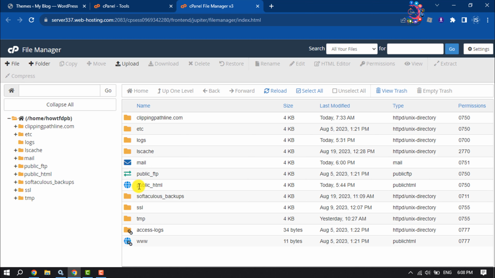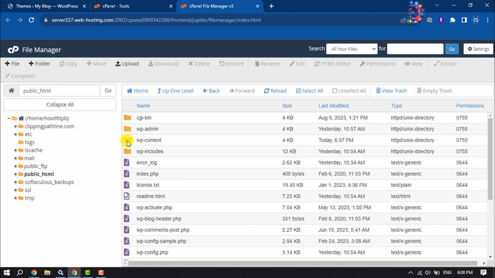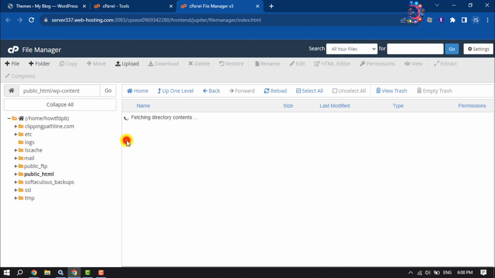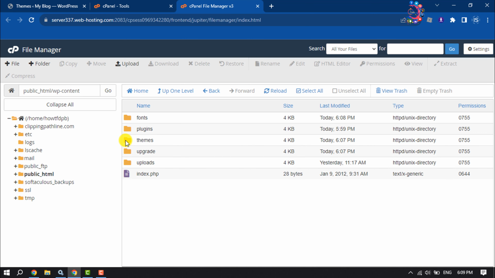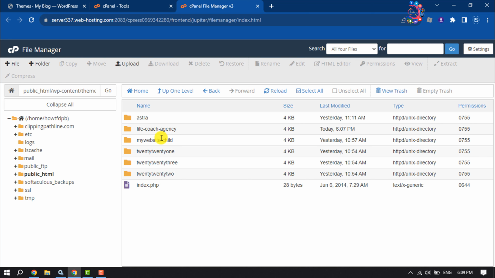Now double click on public_html to open it. Open the wp-content folder by double clicking on it, and open the themes folder, and here you will get all the available themes you uploaded on your WordPress. And to upload a brand new theme, click on Upload,